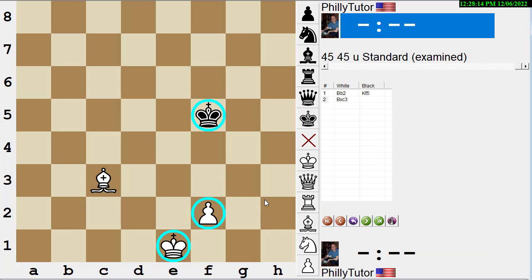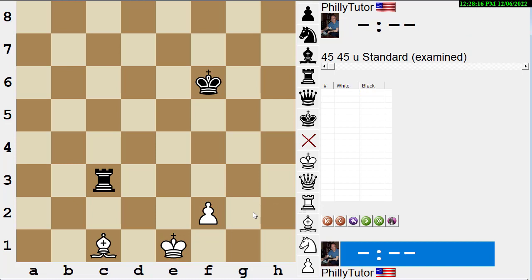So we have mating material. And again, the same kind of tactical geometric ideas that existed with the ranks and the files with the rooks and the queens now exist on the diagonals with the bishops and the queen. And again, the queen, let's say we have the queen over here on f2. And he's already in check, so let's put him back on,